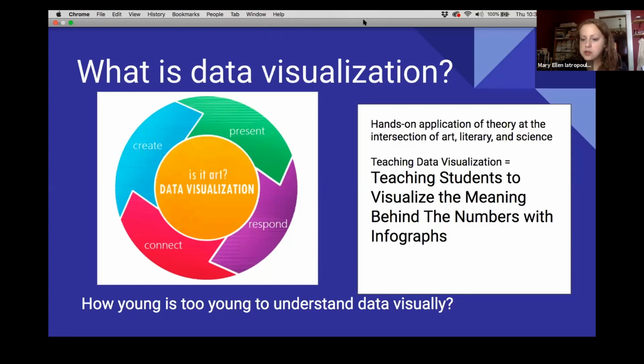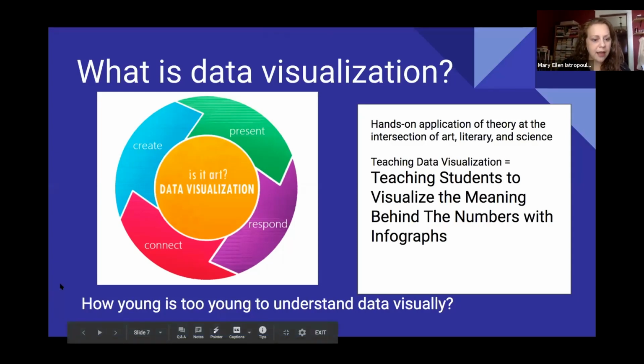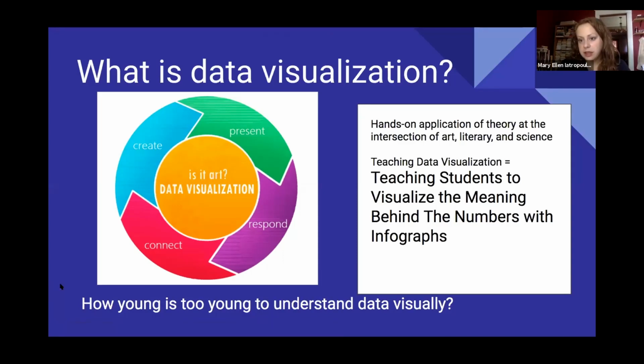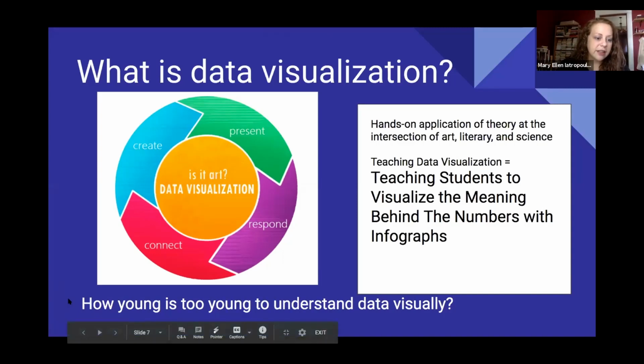Data visualization is really just teaching students to be able to understand and visualize the meaning behind the numbers, behind the data, with infographics, with visual depictions, with graphic imagery. I heard once someone ask, but aren't students too young to really be thinking about this stuff? And you all are high school teachers, so you might not have that question, but it still is a neat point to show, which is